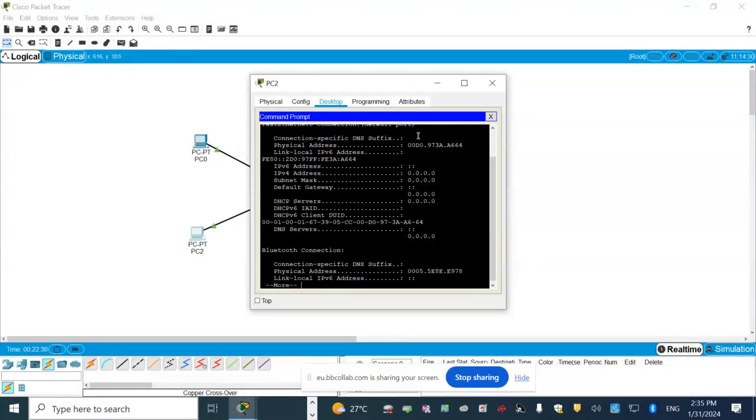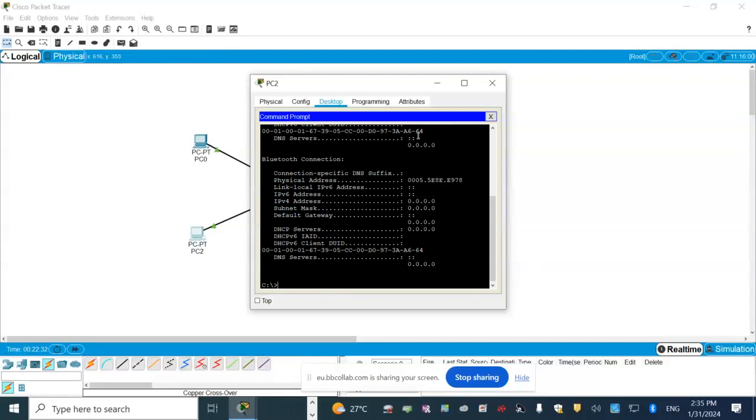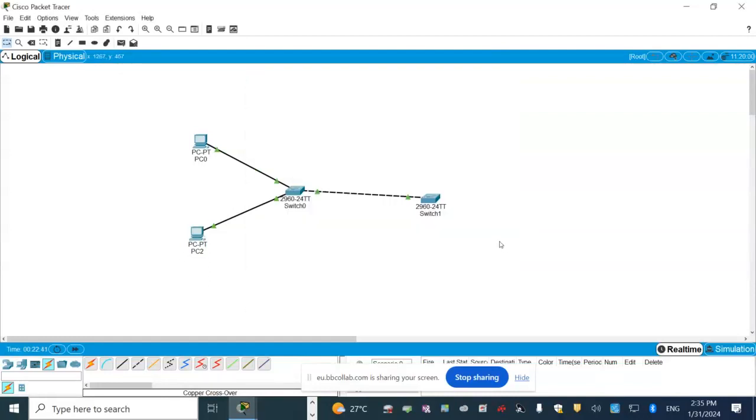ipconfig /all. Okay. This is lab 4 and lab 5 together. Okay. Now let us